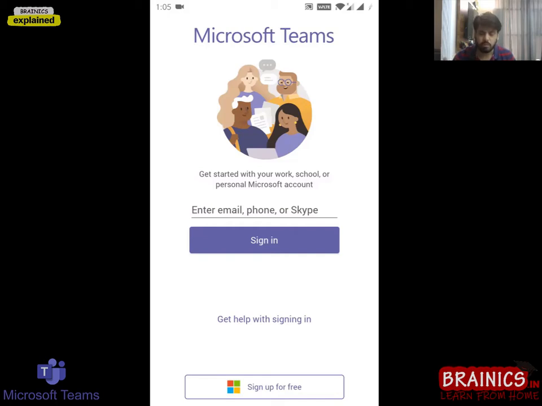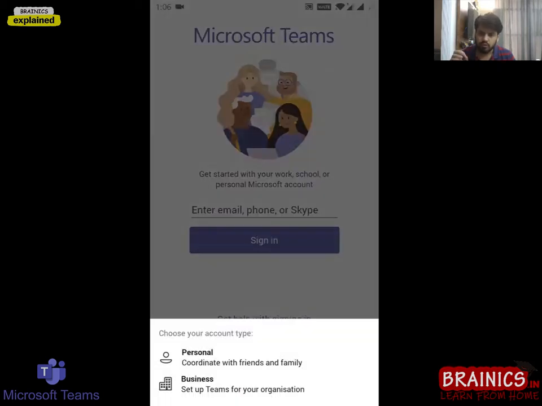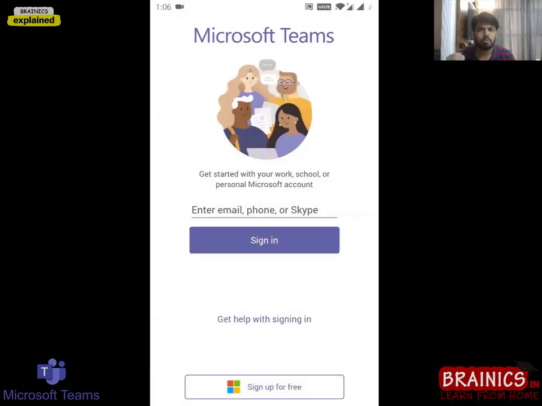The main mistake which people usually make is entering their email or signing up with their email, but there is no point. Even if a sign up option is coming at the bottom, if you sign up with your personal email, then you would not be able to attend the meeting organized by your organization. Those are two different aspects. If the username is provided by your organization, then only you can sign in and successfully attend the meeting. Or else, if the email is not provided by your organization, you have to attend the meeting only through the link. Now we will go back to that link in our WhatsApp.